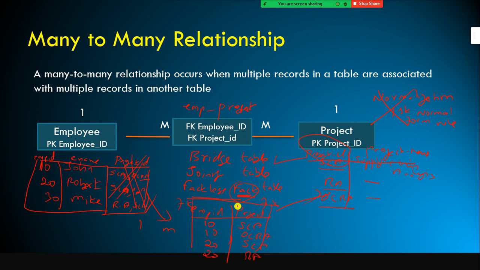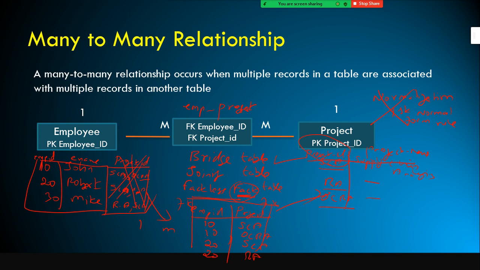With this, see here you have one-to-many, and here also a one-to-many relationship. With two one-to-many tables, you can store many-to-many relationship related data. In the interview, they will ask you first of all what is many-to-many relationship. That means multiple records in a table are related with multiple records in another table.